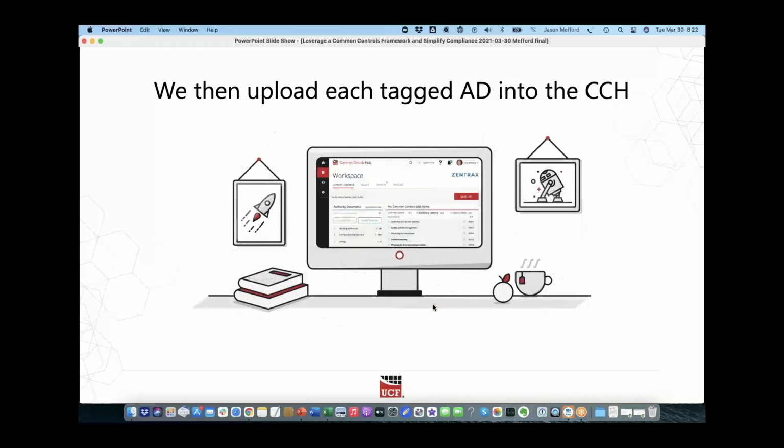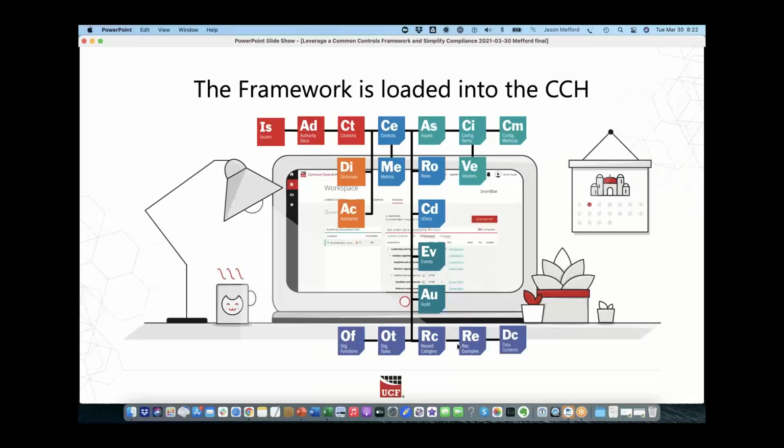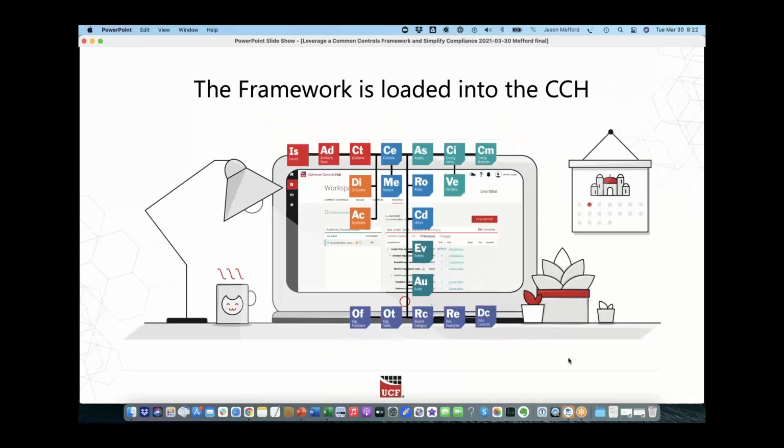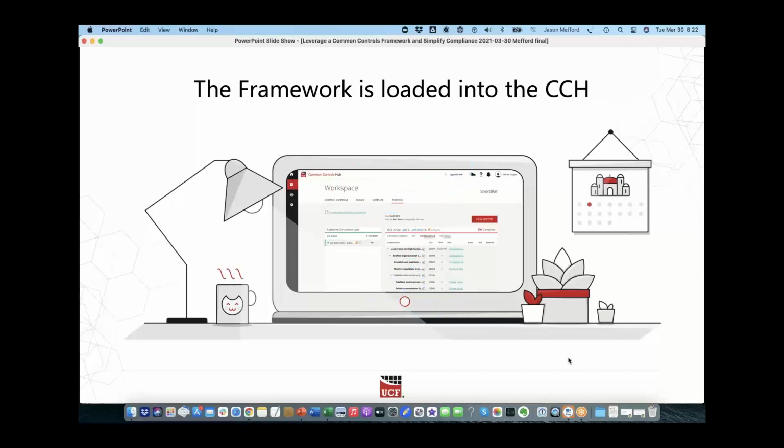Each of these things gets tagged, uploaded from the authority documents into the common control workspace, and I'm going to jump in and actually show you what that looks like here in just a minute. The framework is also loaded into the CCH as well, so everything ends up working together in a very easy to use tool. In fact, I'm going to show you how easy and how quick it can be to come up with a total list of common controls that you would need to follow in order to comply with 3 particular documents.